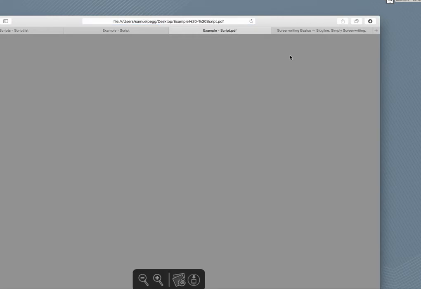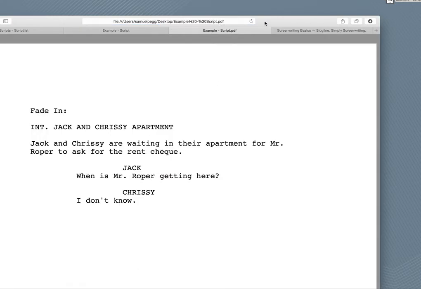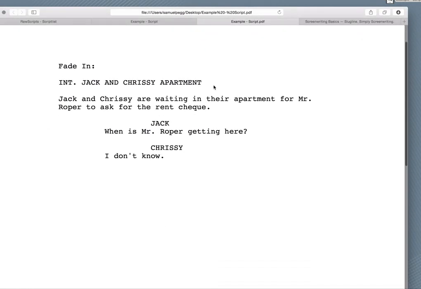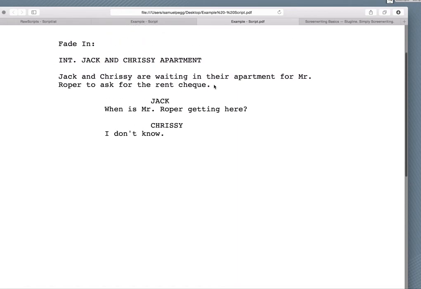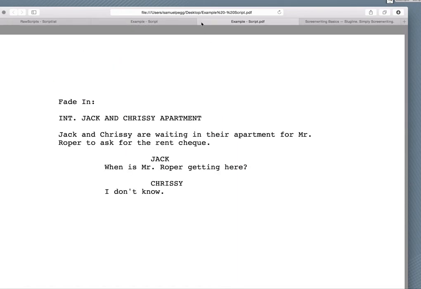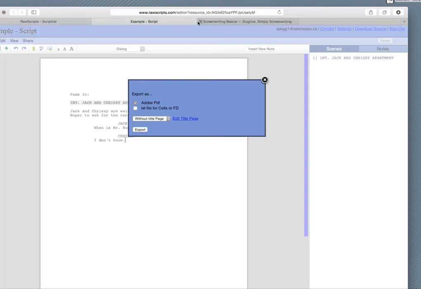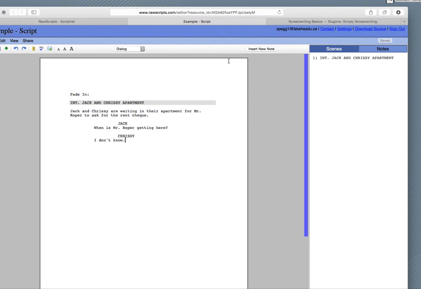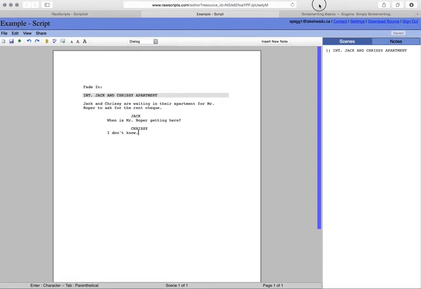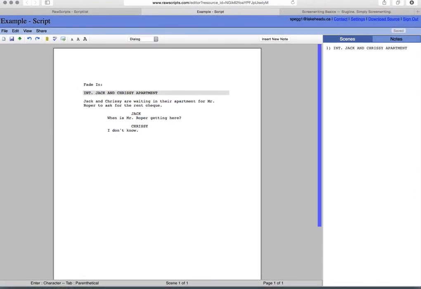Now, I've created a sample file here, an example script, and this is the PDF here that's created that the students can print, submit, or email however they would desire. So that's a quick look at how to create